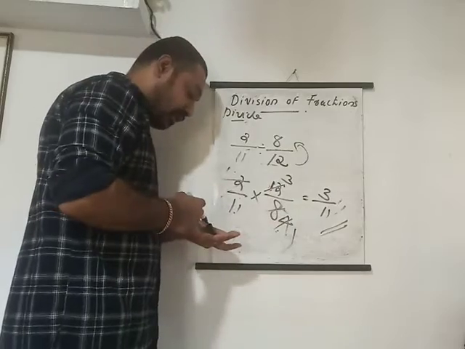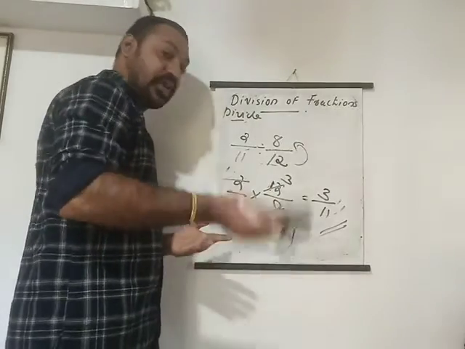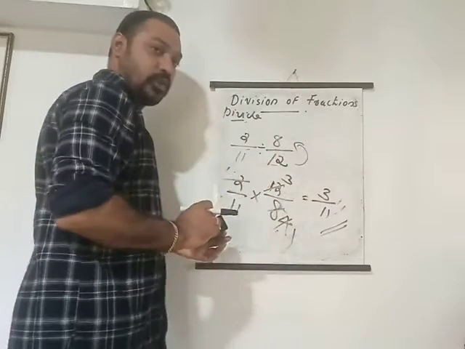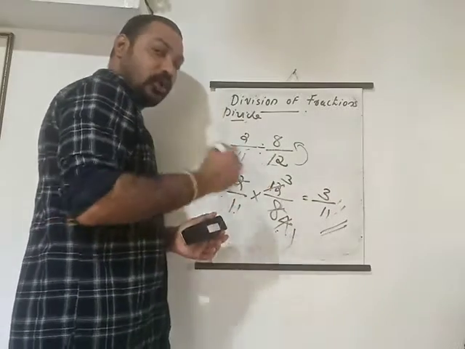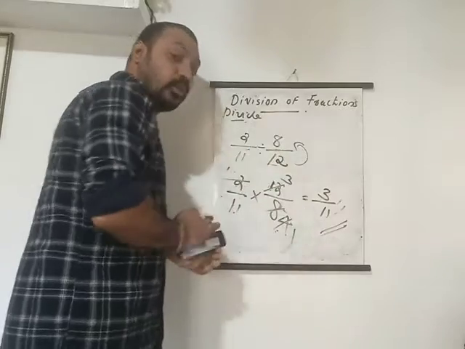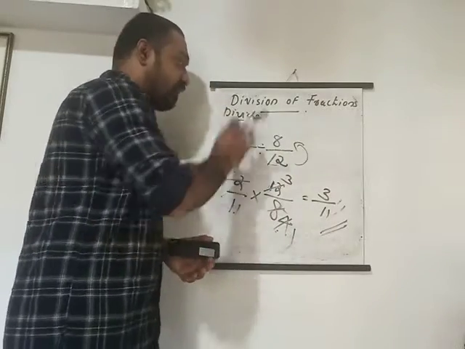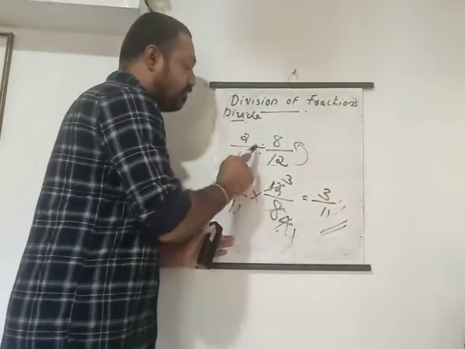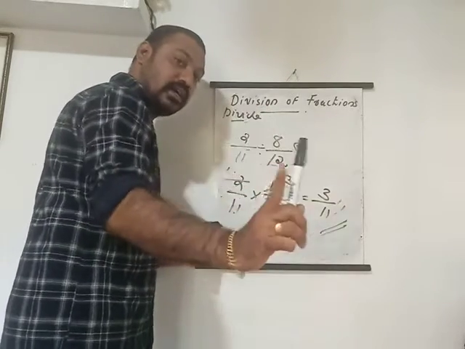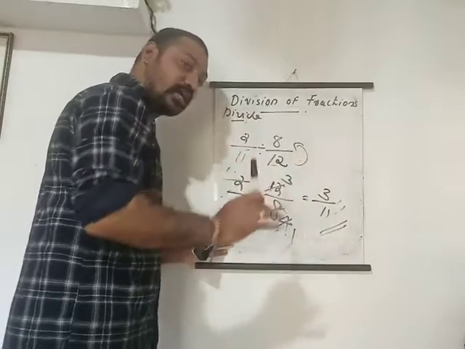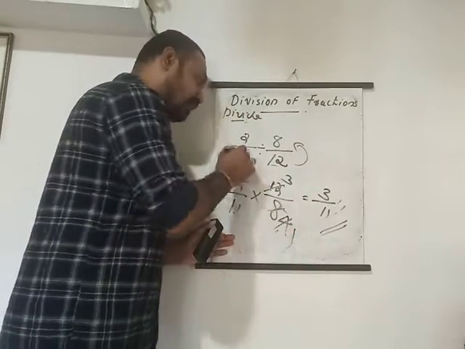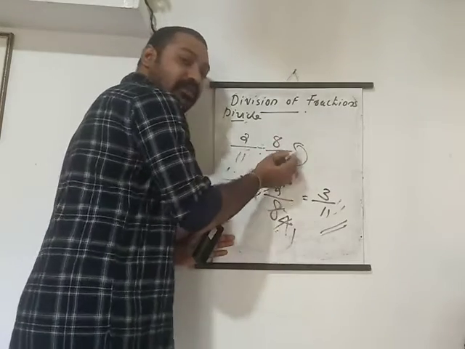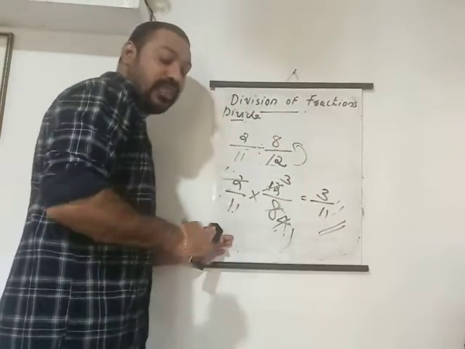Next we will learn about fractions with whole numbers and whole numbers with fractions. For now we just know what the reciprocal is. Reciprocal means the numerator becomes the denominator and the denominator becomes the numerator. When we divide, we keep the first fraction the same. In the case of a whole number and a fraction it is also the same way. Keep the first one the same, and the change happens only to the second one. We have to take the reciprocal of the second one.